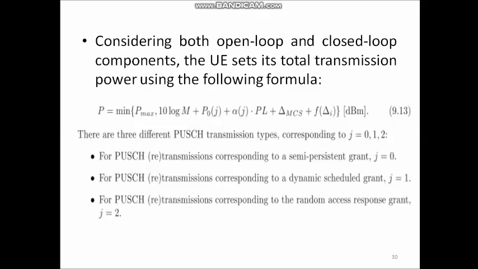So, with this, module 4 is completed. In today's session we have discussed 4 topics: scheduling and resource allocation, then cell search, random access procedures, and finally power control in uplink. So, the fourth module is completed, and in the next session we will start with module 5.